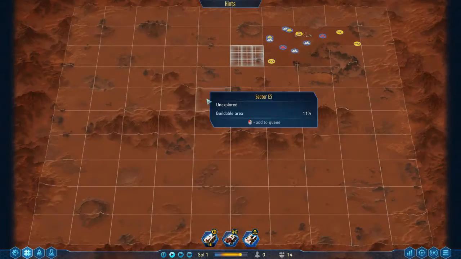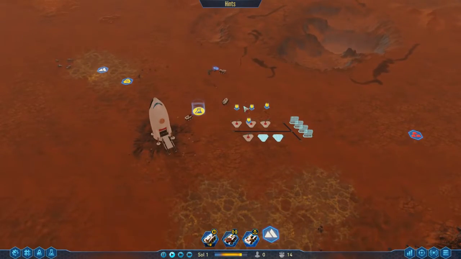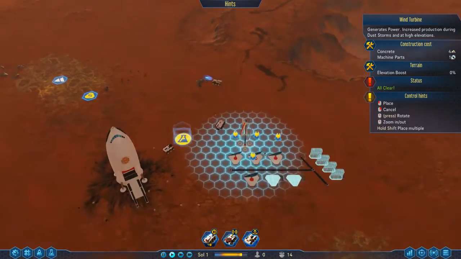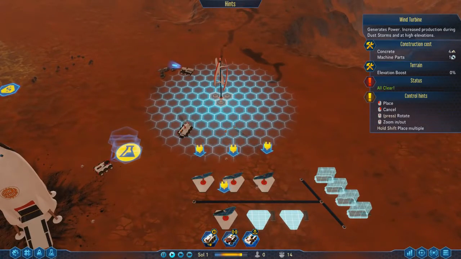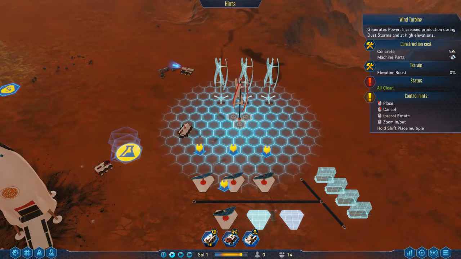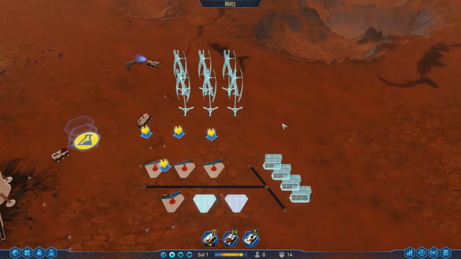We're at fairly low elevation in here, but you know what, I am still going to build a bank of those wind turbines, because then I at least have some power production during the night. And again, 6 of those should be...